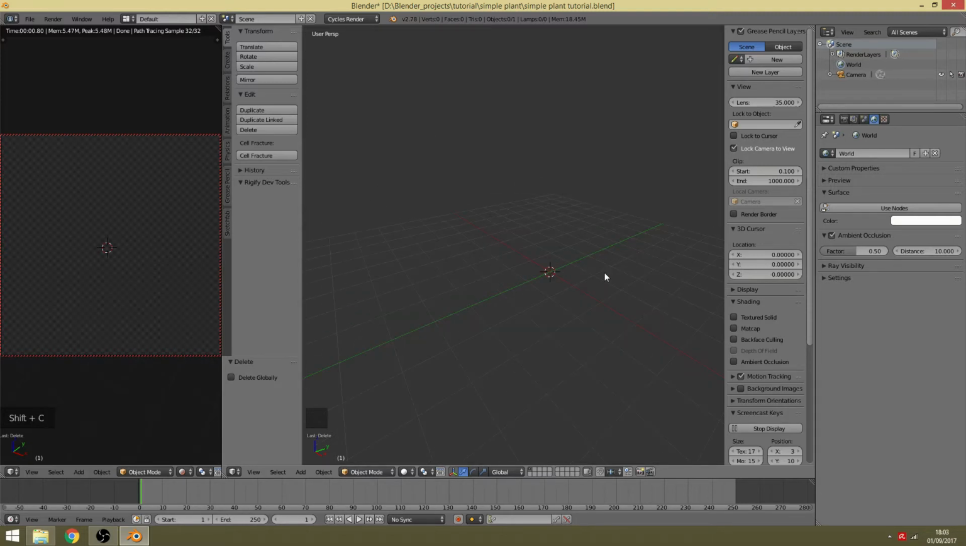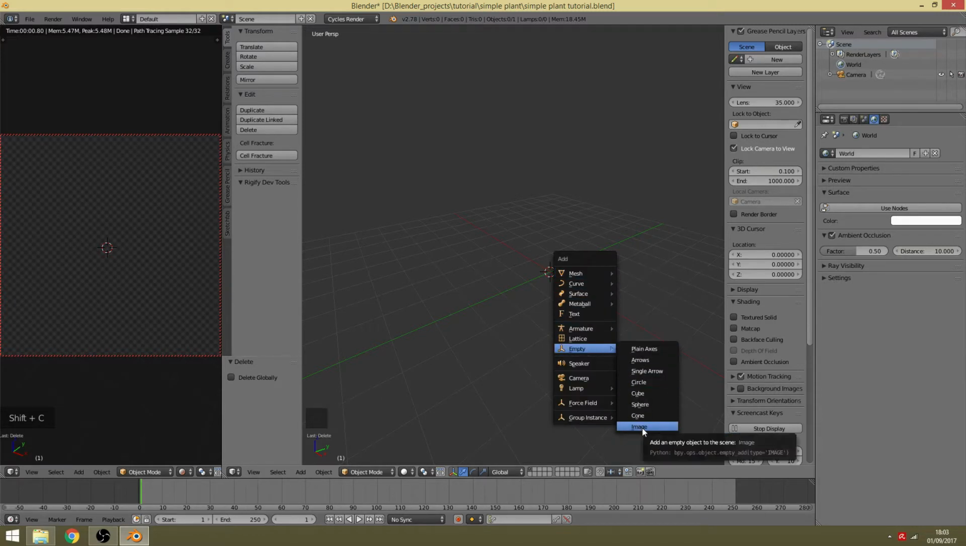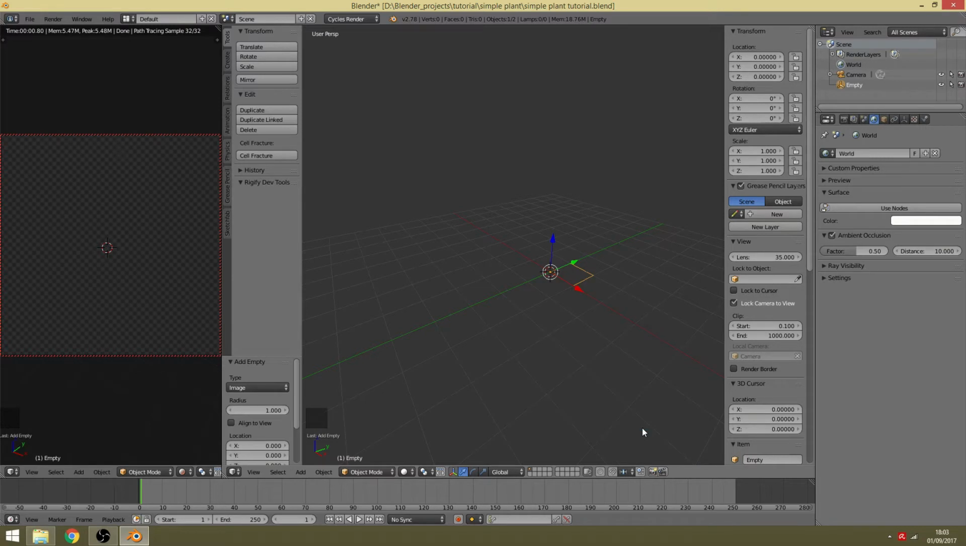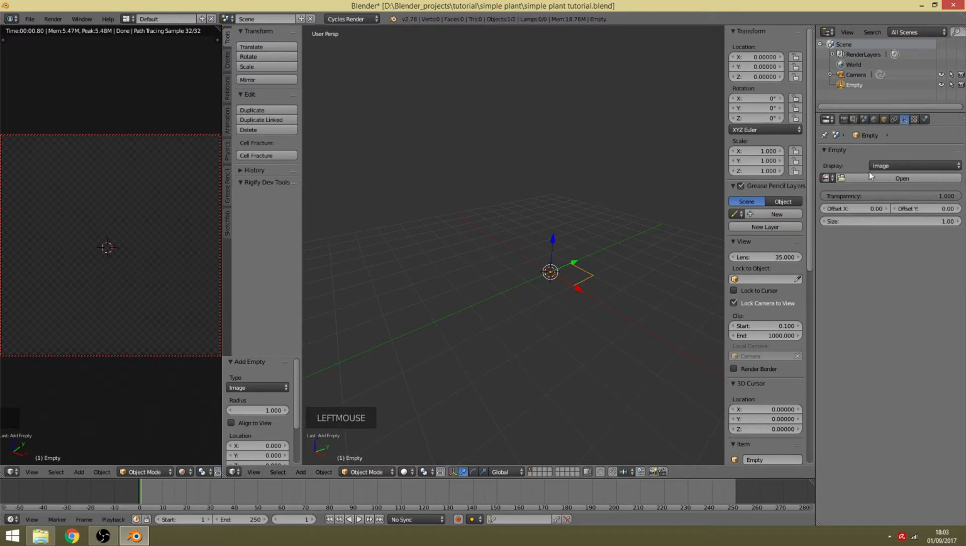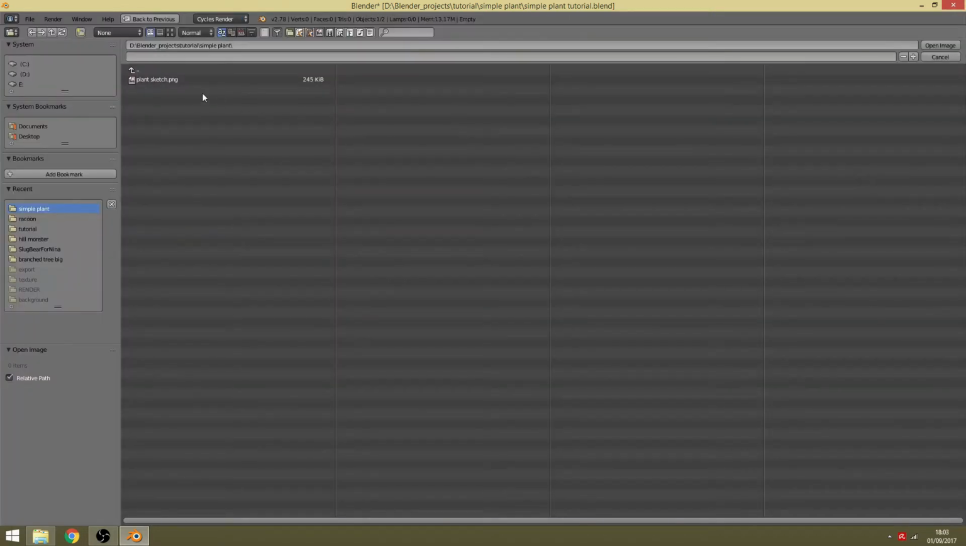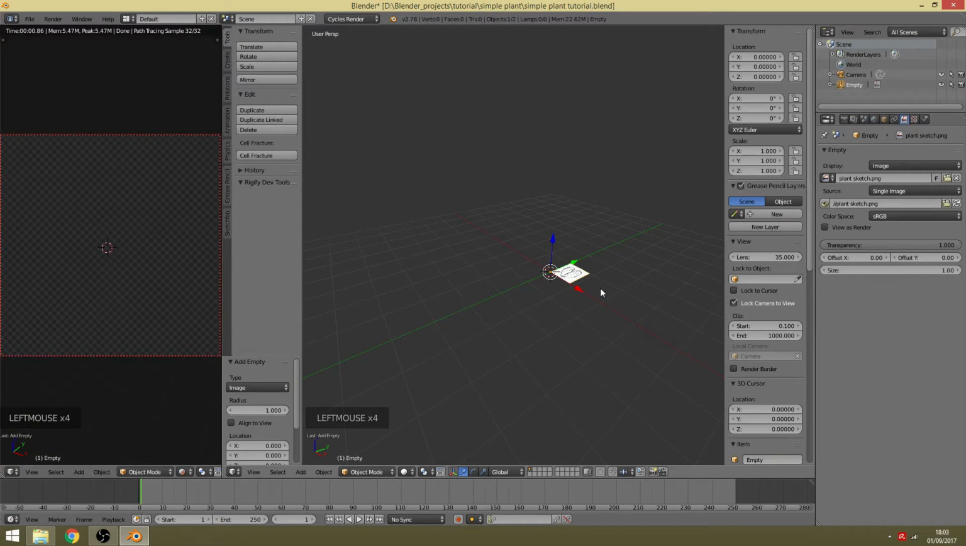Press Shift-A and under Empty, select Image. Go to this panel over here and let's open up our reference. This is just a quick sketch I did for this tutorial, but you can use your own or a photo if you want. Note that every time you add a new object, it will show up in your overview panel